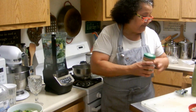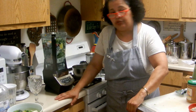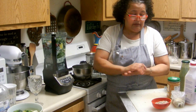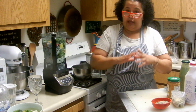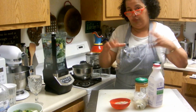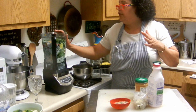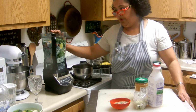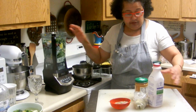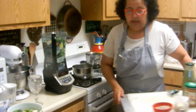Or you can soak your nuts, your cashews, overnight. I put them in a bowl with some water, seal them up, and put them in the refrigerator for at least 24 hours. Then when you remove it, discard the water, and just go ahead and put it in here, and it'll soften up enough for it to emulsify. Okay, now I'm going to take,